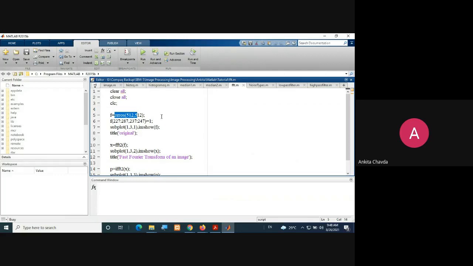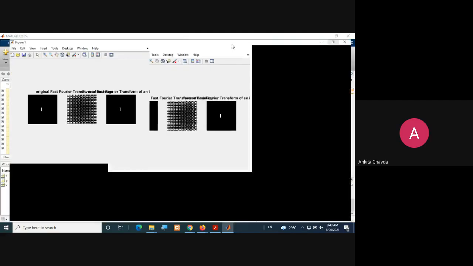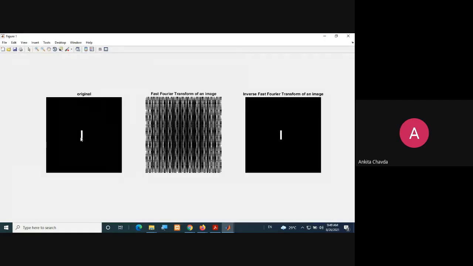Next, for particular rows and particular columns, I'm setting the intensity value to 1, which creates a rectangle. So it will be like this in the spatial domain.